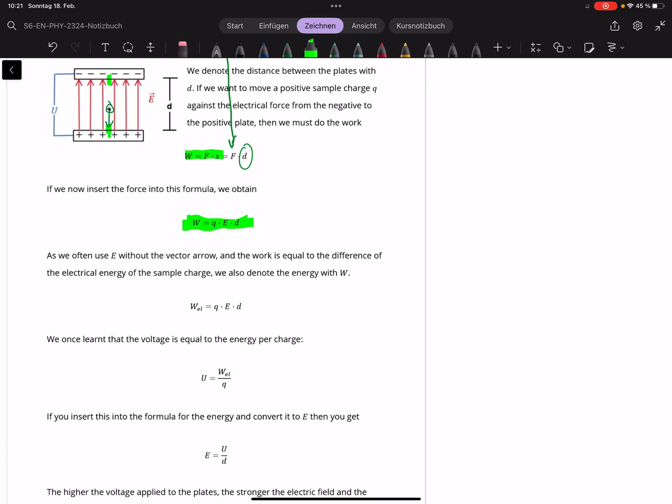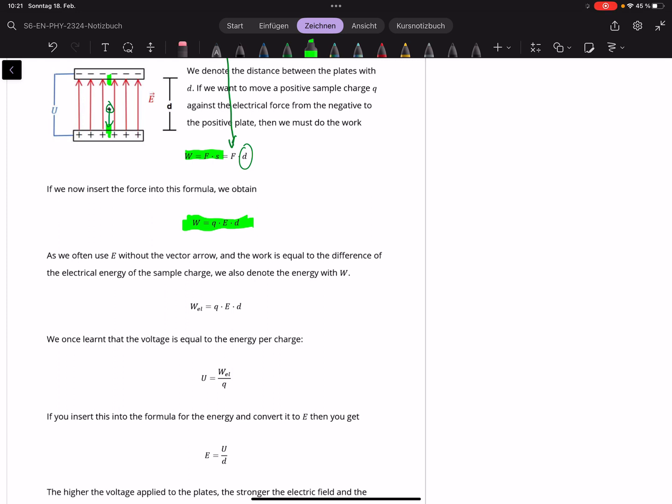And this is the work that needs to be done, but also the energy that is being converted. Okay, so